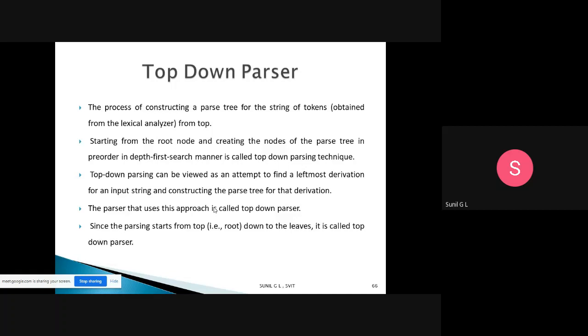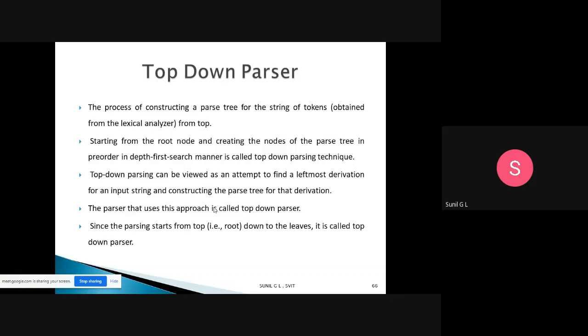That is the construction of the parse tree from root to leaf, which we call a top-down parser. It starts from the root node and creates the nodes of the parse tree in pre-order, in depth-first manner. This is called the top-down parsing technique. It is DFS, which you already know from algorithms. The same thing we are using.